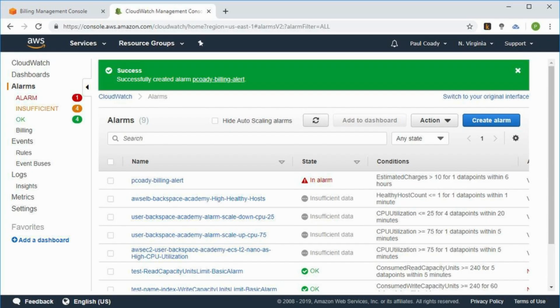Like I said, everything that we're doing so far will be on the free tier, and we'll learn more about that free tier, what is on the free tier and what is not. So if something is not on the free tier, you need to make sure that you clean it up afterwards so that you don't get a bill at the end of the month. But if you forget, billing alerts are a great way to basically stop you from getting a big bill at the end of the month. So that brings us to an end, and I look forward to seeing you in the next one.